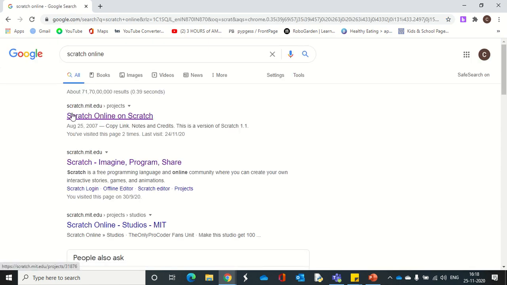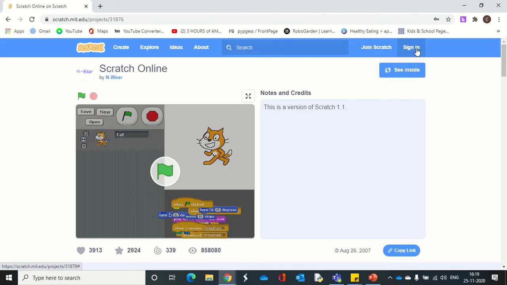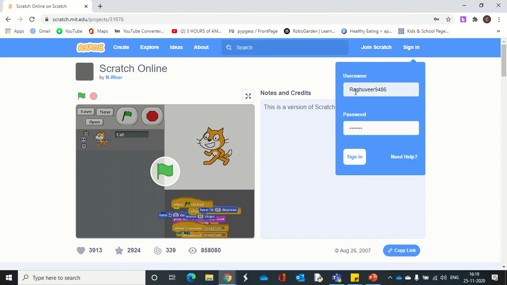So you will find the link scratch.mit.edu. Just click on this. And then now, since you have already created an account, you will not use join Scratch. You will use only sign in. And since I have saved in the third step where it was asking me to save, at that moment I have saved my username and password. So it has directly filled my username and password for me.